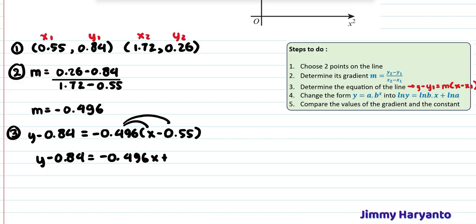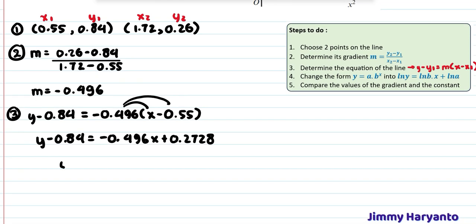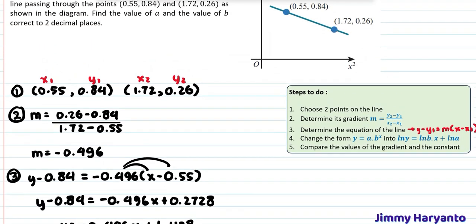0.496x plus 0.496 times 0.55. So it will become 0.2728. So this is, oh, not yet. We have to move the 0.84 to the right hand side, yeah. So negative 0.496x plus 0.84 equals 1.1128. Okay, so this is our linear form, but we have to